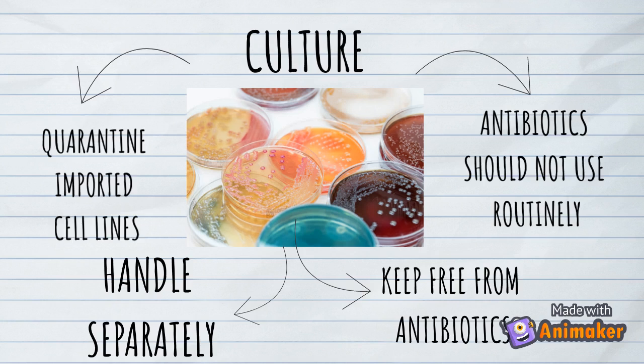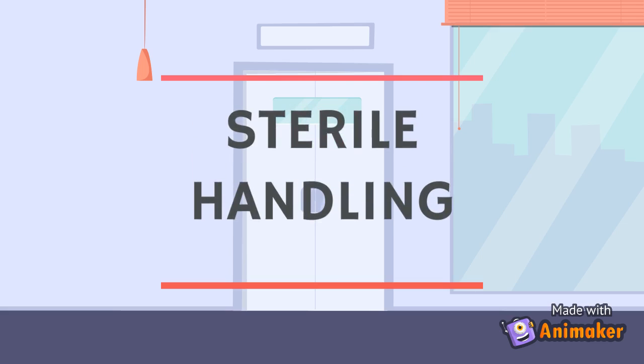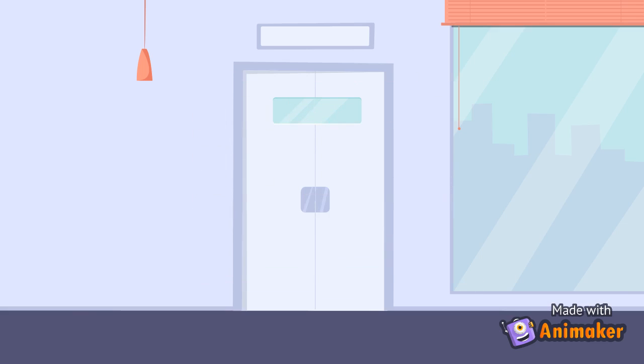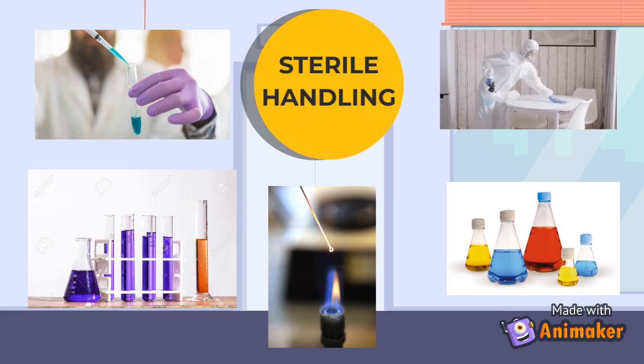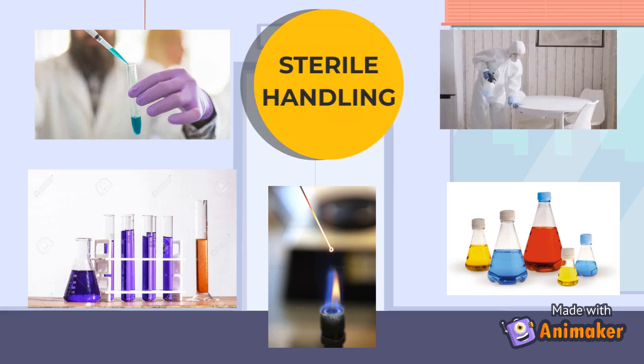Imported cell lines should always be quarantined. They should be handled separately from the rest of your stocks, kept free of antibiotics until they are shown to be uncontaminated. Antibiotics should not be used routinely as they may suppress but not eliminate some contaminations and encourage poor technique. Sterile handling is designed to provide a barrier between the microorganisms in the environment and the sterile cell